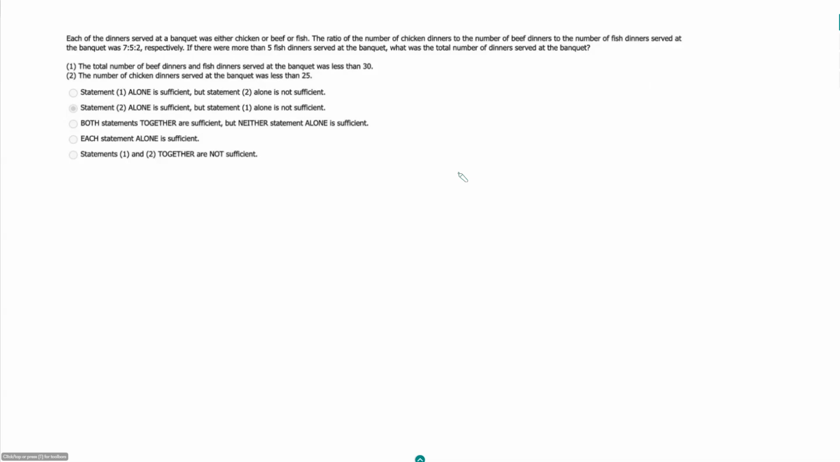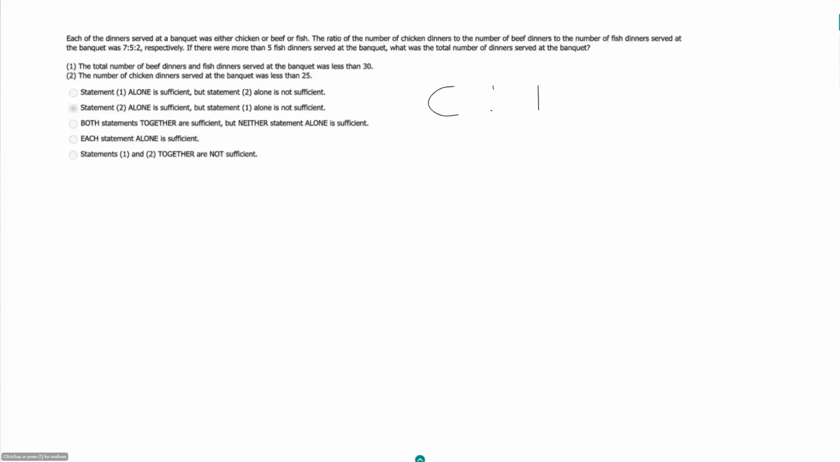Each of the dinners served at a banquet was either chicken, beef, or fish. The ratio of the number of chicken dinners to the number of beef dinners to the number of fish dinners served at the banquet was 7 to 5 to 2, respectively. If there were more than 5 fish dinners served at the banquet, what was the total number of dinners served at the banquet? So we've got chicken